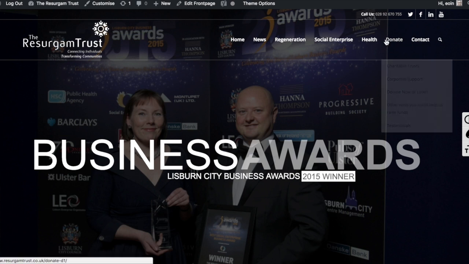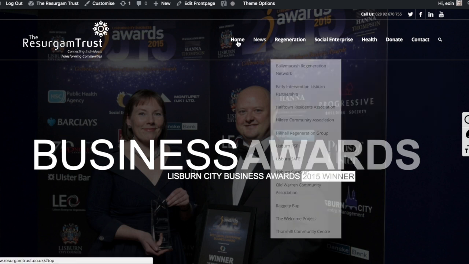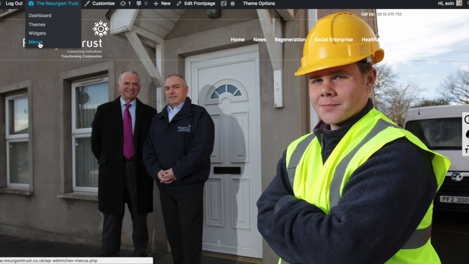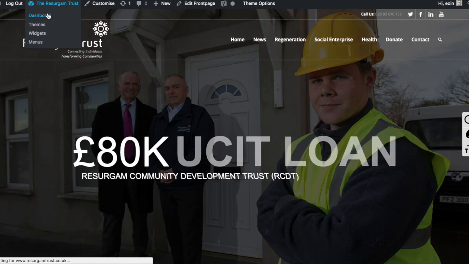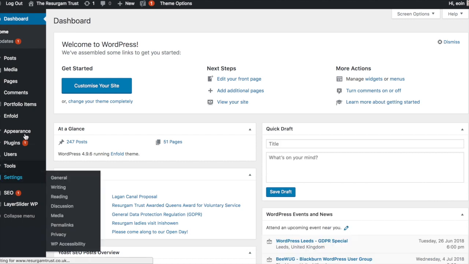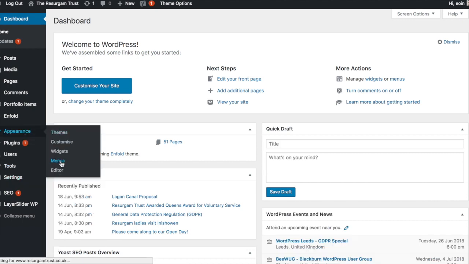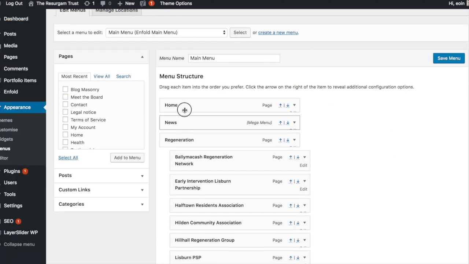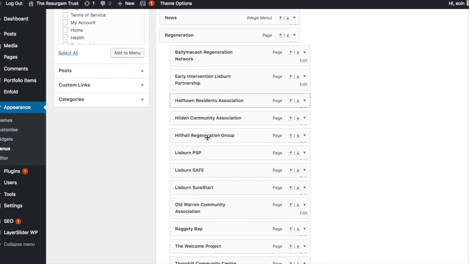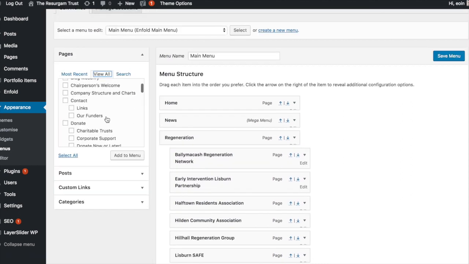The top. These menu items are controlled via this option here, menus. You can also get to that by going to the dashboard and going to appearance, choosing menus. Once in there, you can reorder things on a drag and drop basis. If you did want to add a new page into the overall menu, pressing view all there loads up